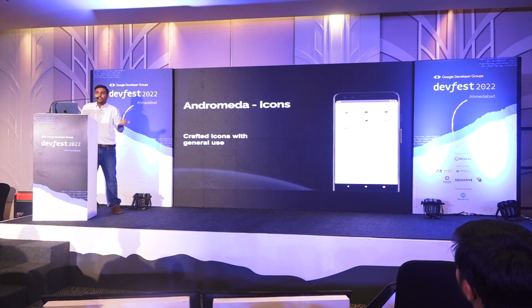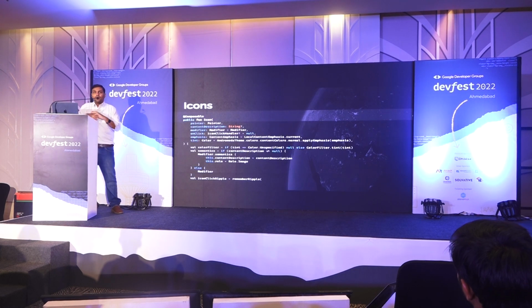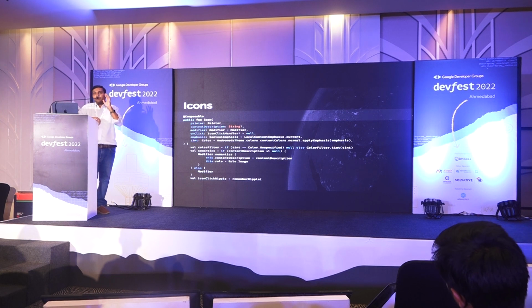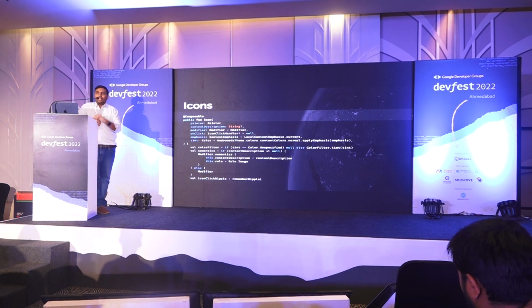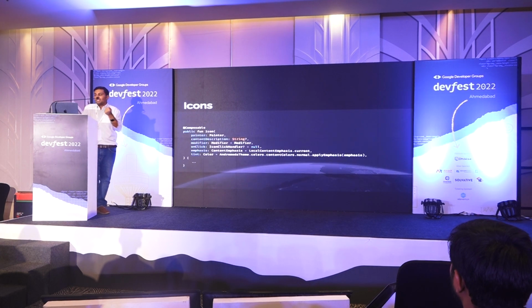Similar concept, I have some icons that I'm giving you some animations on top. I have animated vector drawables, pre-customized in a certain way so that you don't have to write any of this logic. That's the whole intention, right? So an icon, again, when I'm talking about icon, in material design, there's also an icon. I also have an icon function because I want to do something customized. The thing I am doing is, I'm obviously writing some customizations like click handler. If I click the icon, I can pass in a long click as well. I can do some accessibility things.